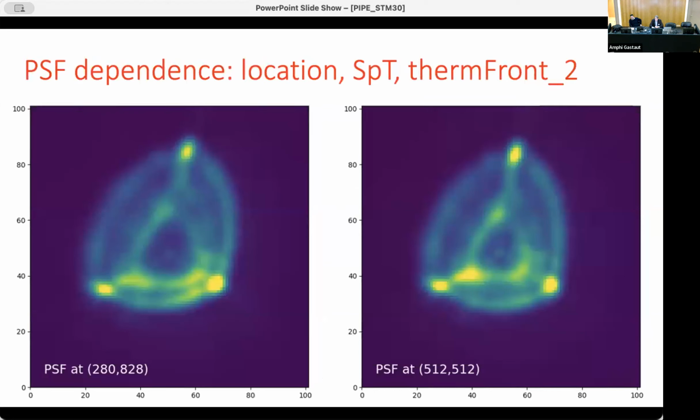Unfortunately, what you need for PSF photometry is, of course, a PSF. And unfortunately, the PSF is not perfectly stable. It's very stable, but it's not perfectly stable. And there's a dependence in particular on location on the detector. So if you switch location, you also switch the shape of the PSF. It also has a dependence on the spectral type of the star because of refraction. You have different,